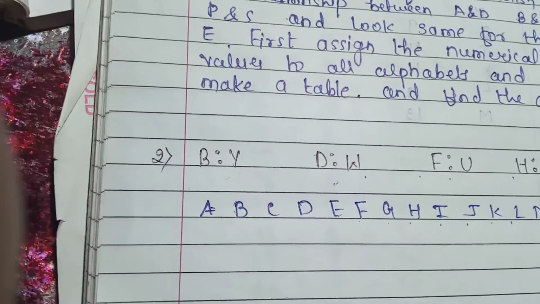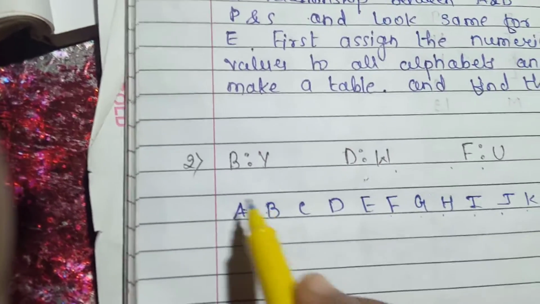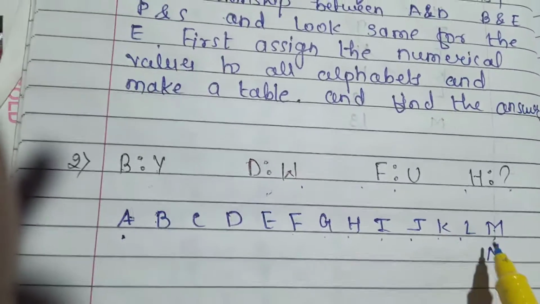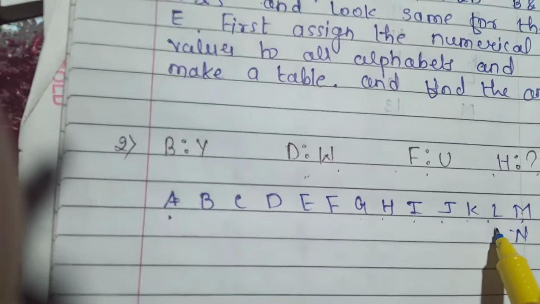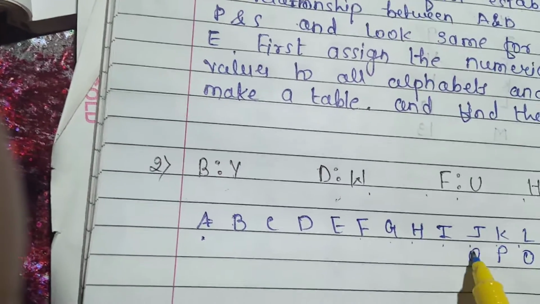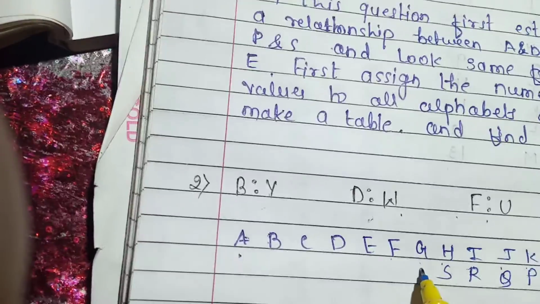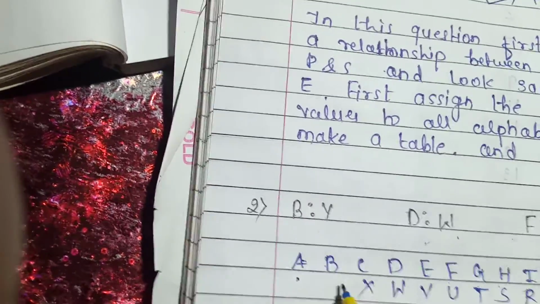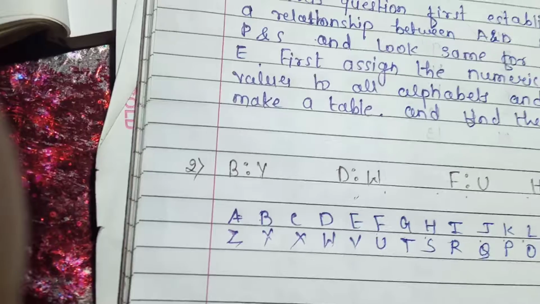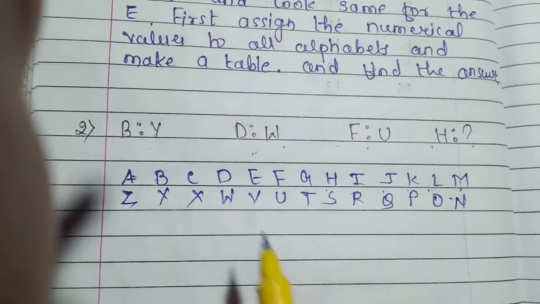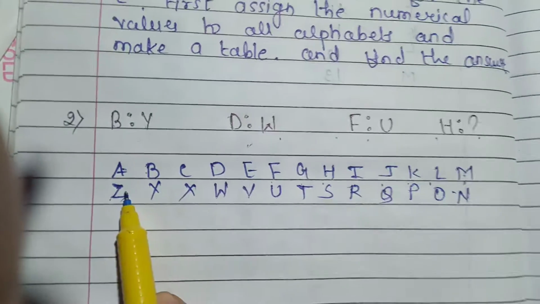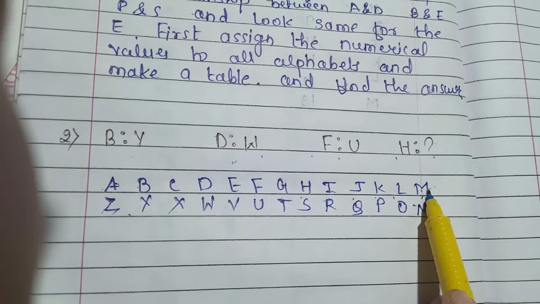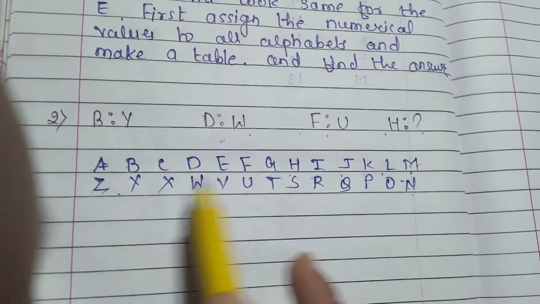Now we have to write the letters in the opposite way. That is, from here we have to write down Z. Means after M, N will come here, M will come downside. Then O, P, Q, R, S, T, U, V, W, X, Y. So I have arranged the alphabets in this manner. Write down 13 alphabets upwards and write down from N in the opposite direction.